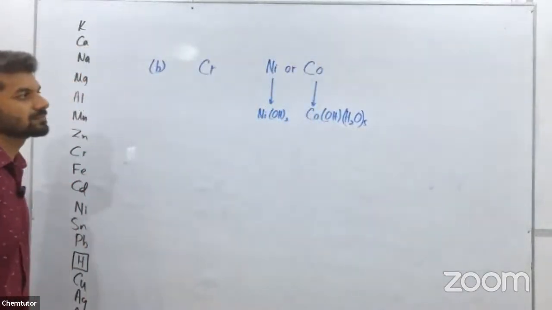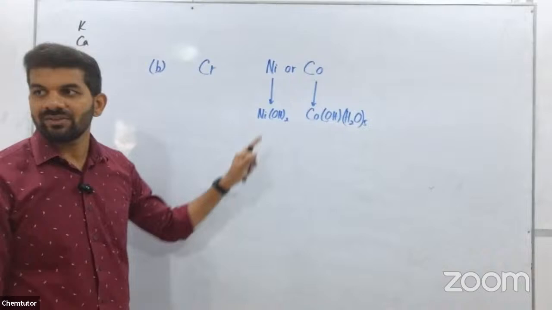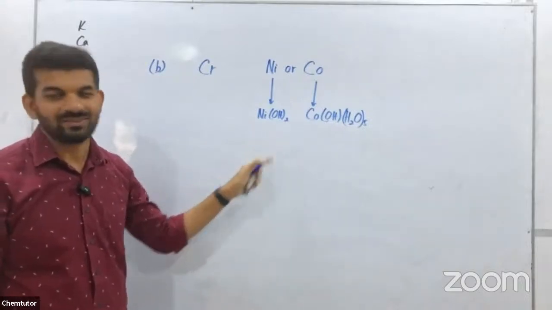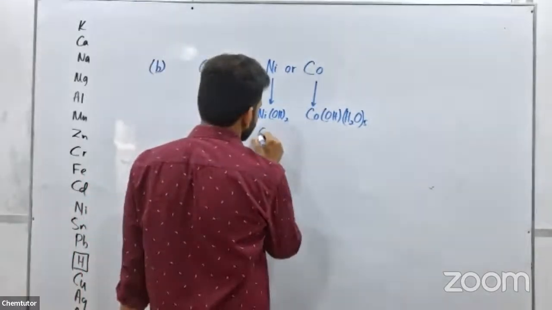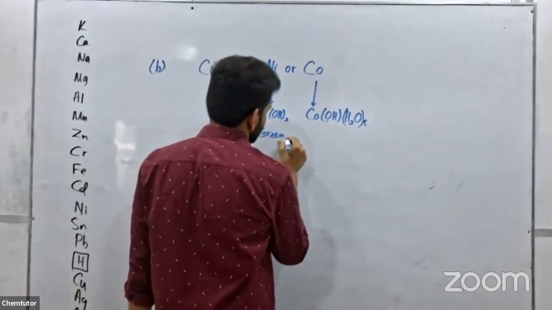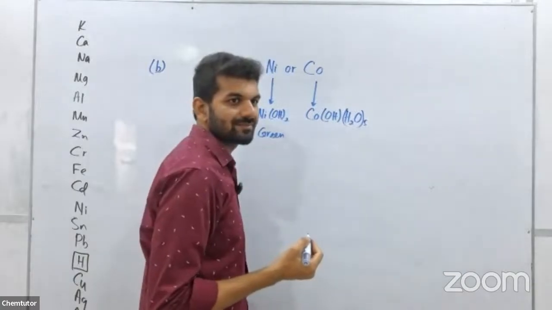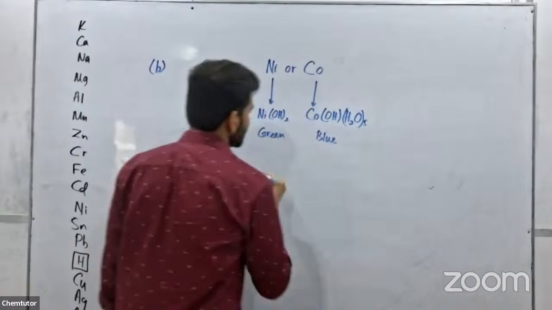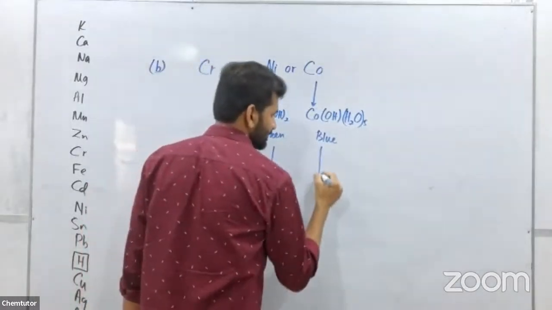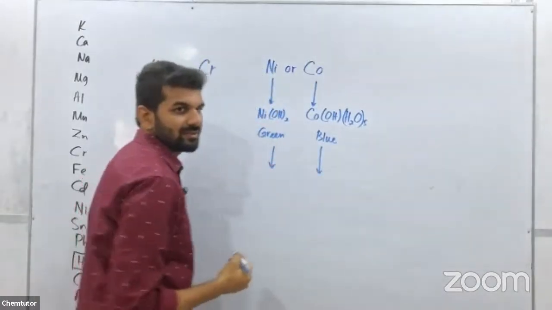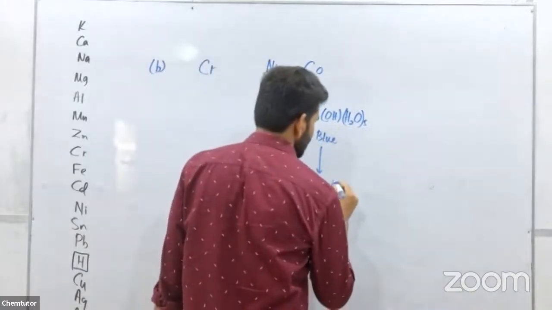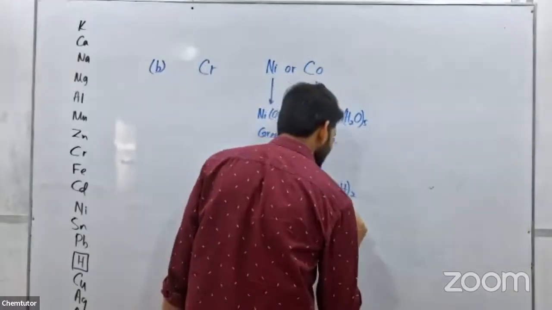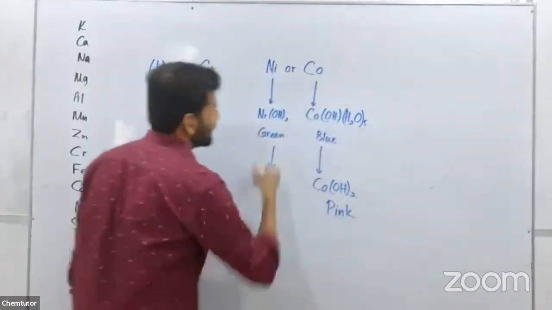So what's the color of nickel hydroxide? Green. Nickel hydroxide is green in color. Cobalt hydroxide? No, this is blue. So once we are adding excess ammonia, what will happen? This will be converted into cobalt hydroxide, Co(OH)2, that is pink in color, a pink precipitate, and nickel,